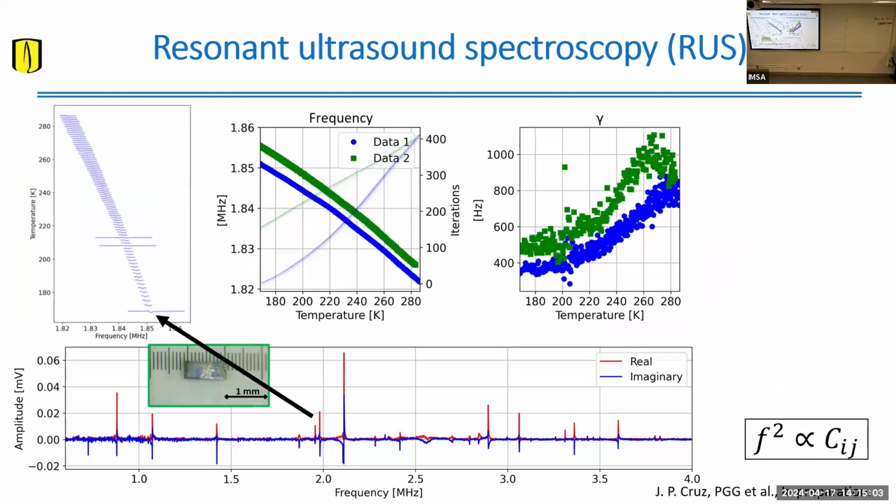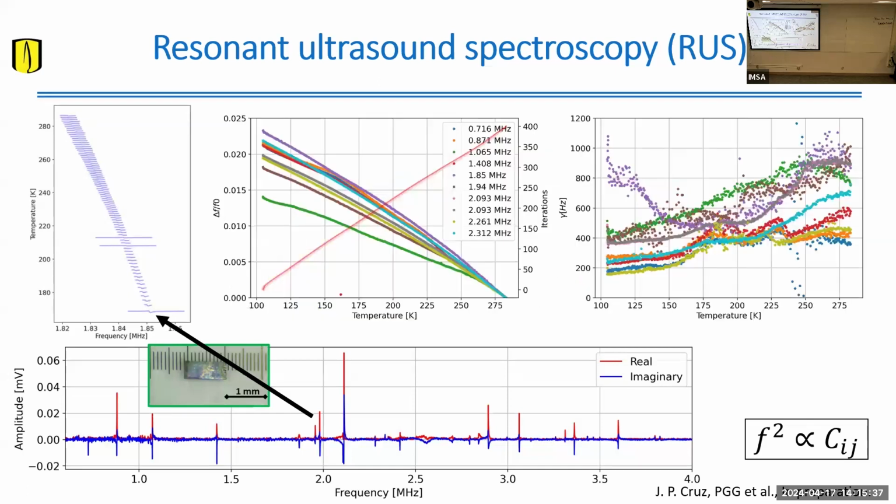But if you believe me, you can actually take each of these frequencies and track how they move in temperature. And through this motion, you can relate how these elastic constants are changing with temperature, especially across a phase transition. So you take each of these frequencies, this is one that we're tracking, and you can track how it moves with temperature and how the width of this resonance is moving as well, because that will give you an idea of dissipation, which you will expect to increase when you cross a phase transition.